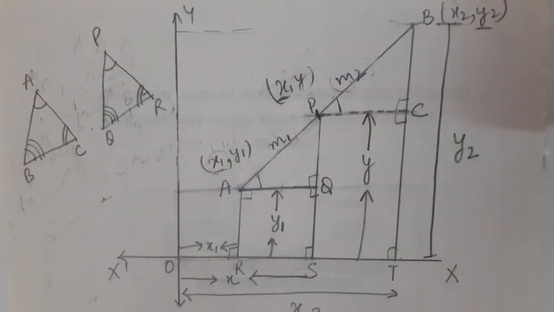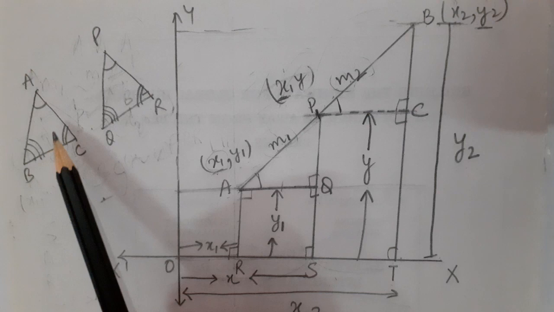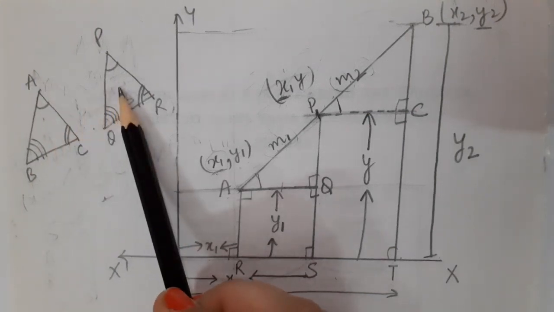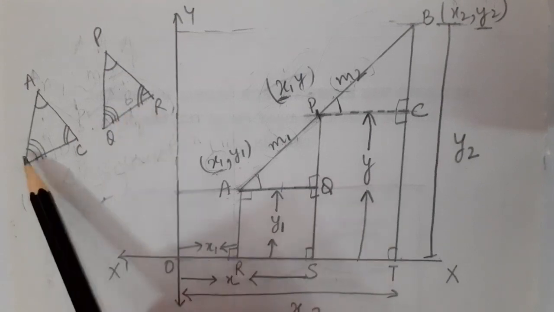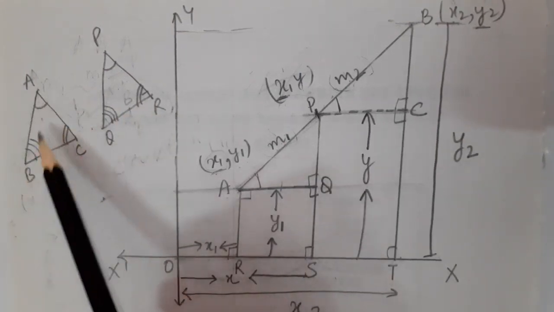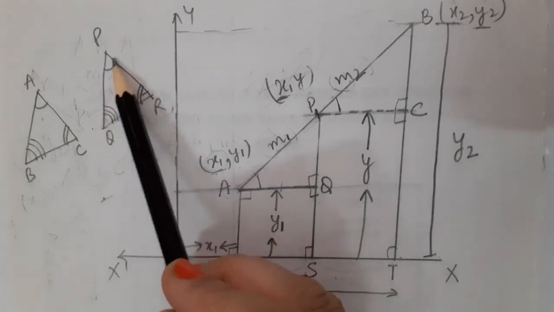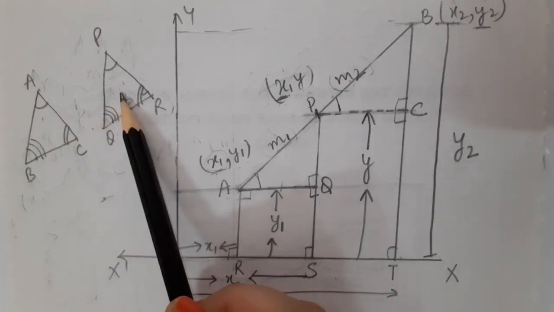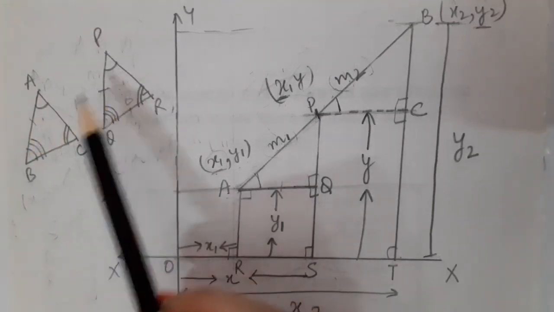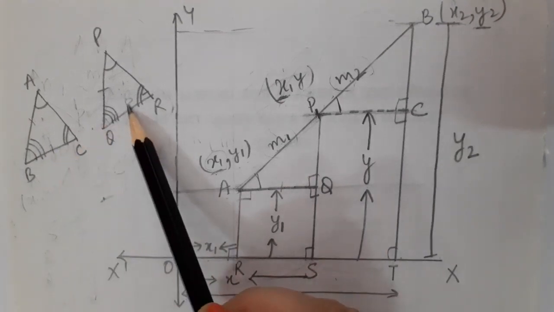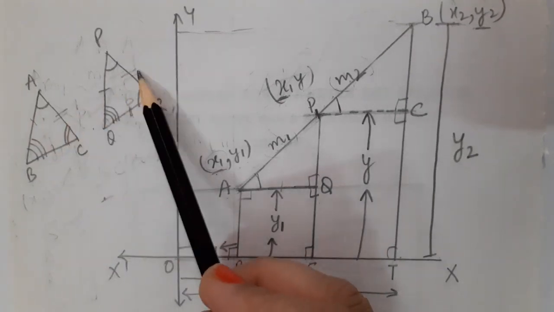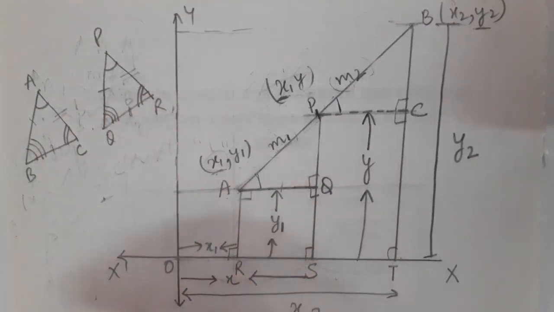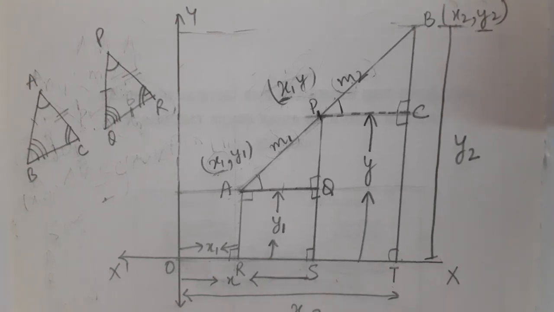Before I switch to the proof, I want to tell you one small concept of similarity of two triangles. Always remember, children, one triangle is said to be similar to another triangle if all three angles of the first triangle are equal to the corresponding three angles of the other triangle, and the ratio of their corresponding sides are equal. Means AB upon PQ must be equal to BC upon QR must be equal to AC upon PR. Fine, keep this concept in your mind before we switch to the derivation, the proof of the derivation of the section formula.